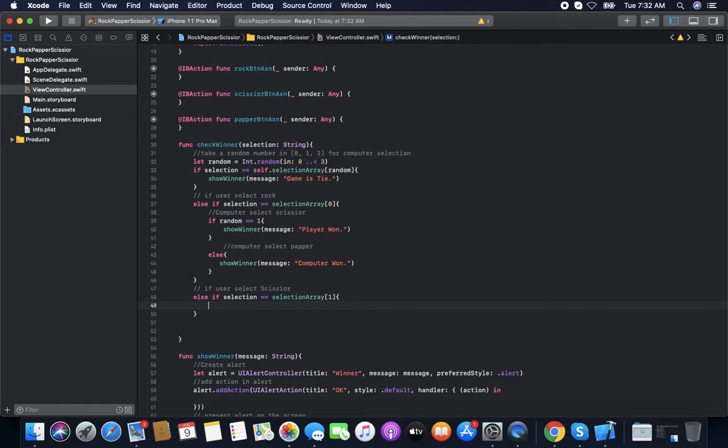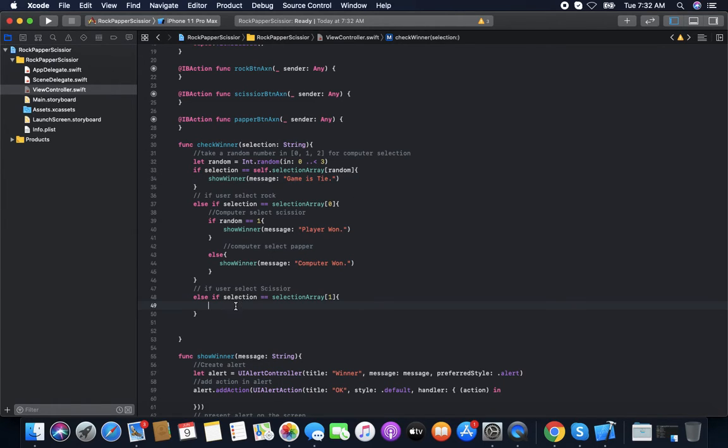So if user select scissor, then computer select anyone between rock and paper, because we already check the same condition, so user can't select scissor same. If both select same, then condition will be over here, game is tie.